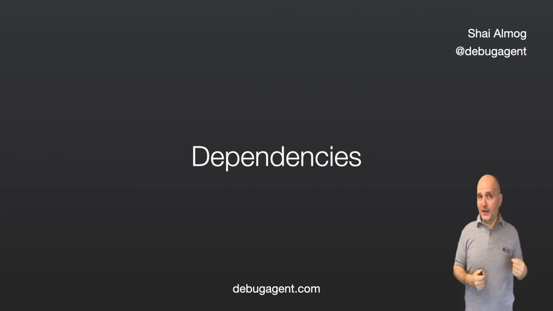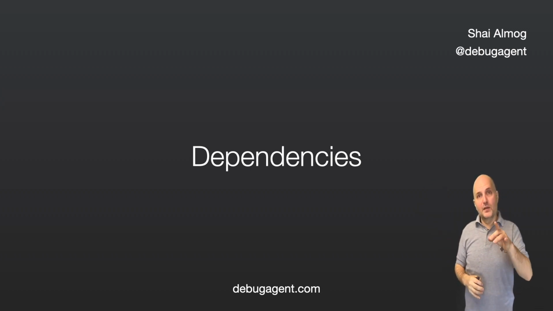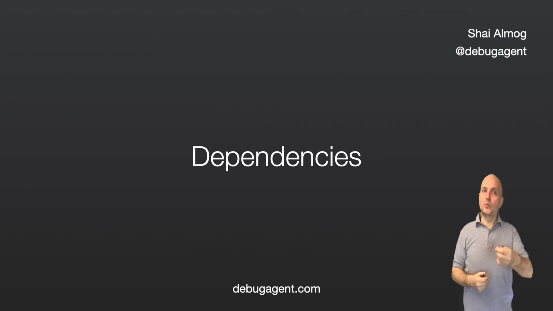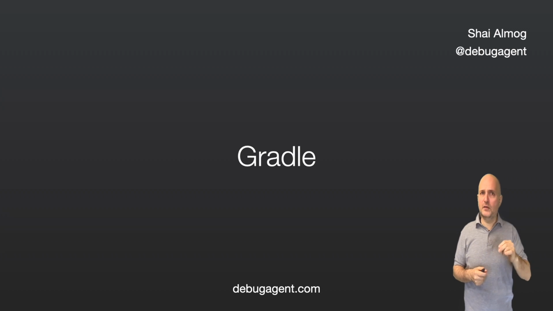But what if that library needs another library, which needs another library, which needs a library that must be a specific version? This is where things start to get difficult. In Maven, we can define a dependency, and it fetches everything we need. It will fail if there's a conflict. It's highly customizable.